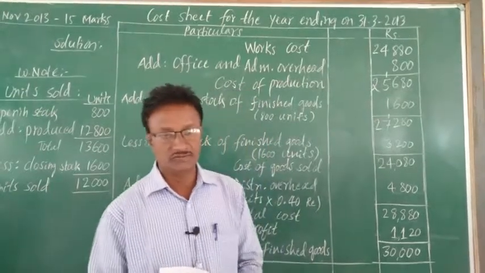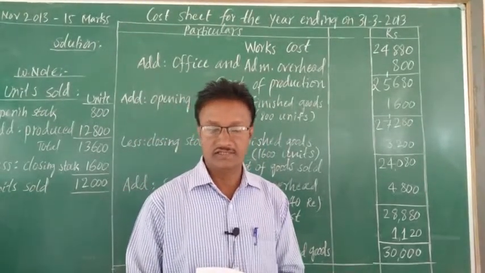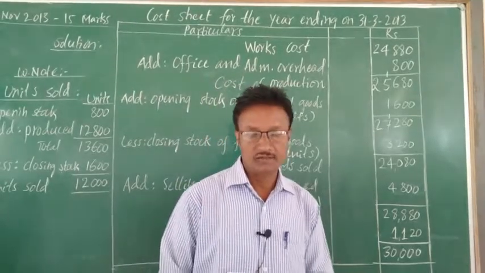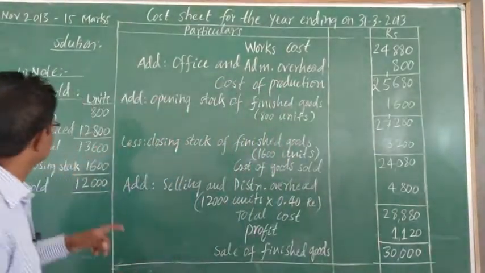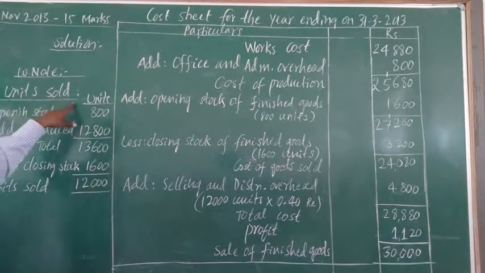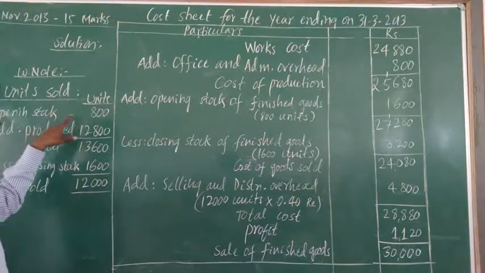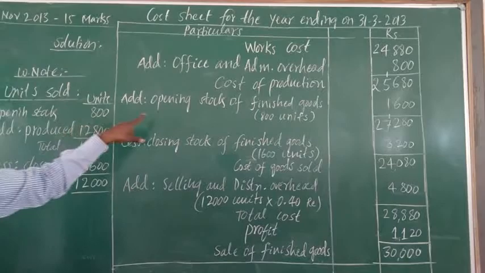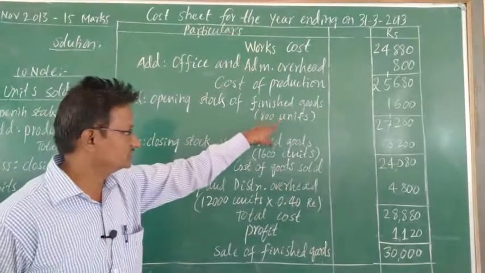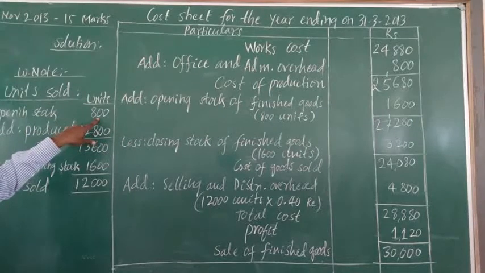So we have to make one working note for ascertaining how many units are sold. Here, make one working note for calculating units sold. Opening stock of finished goods is 800 units, which is given in the problem, and also